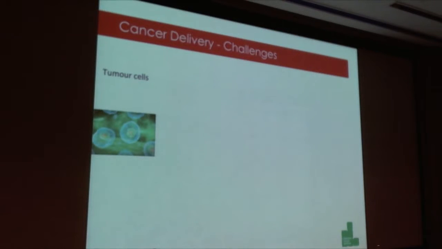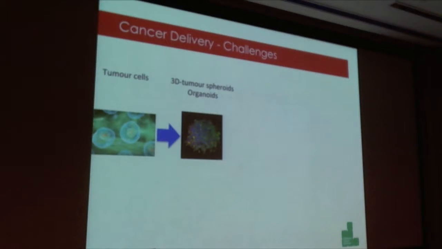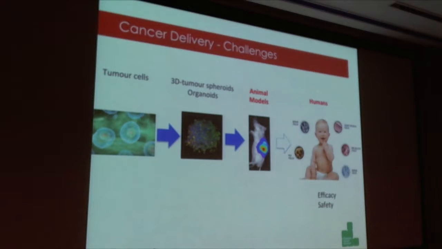Materials that have been developed for nanoparticle delivery interact with cells, and often many of us use cell lines to do our initial studies. And then we're moving more and more towards 3D spheroid systems, and I'll be talking about the positives and negatives of some of these things, as well as then animal models, with the ultimate aim to get to humans. But the complexity from here to get to here is enormous, and you can imagine that you're